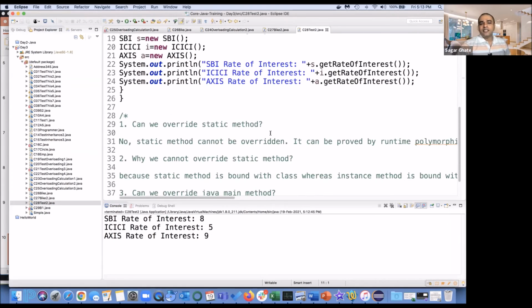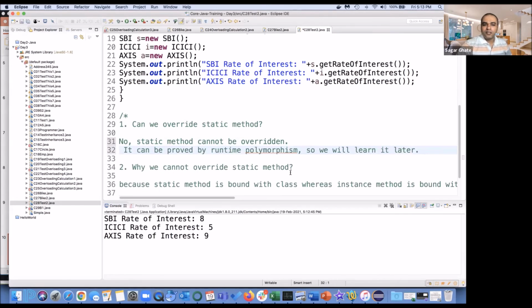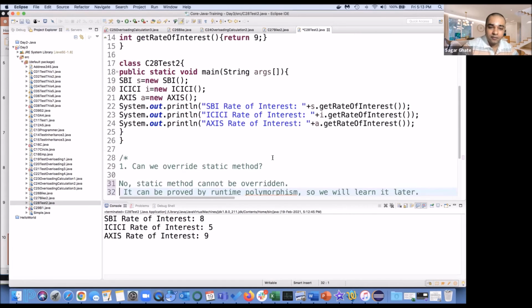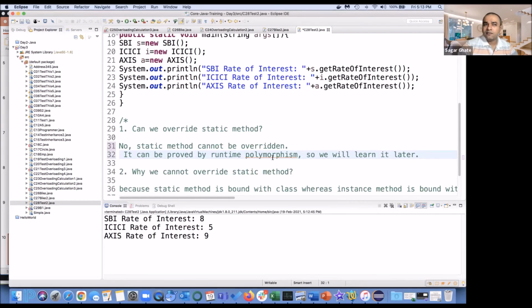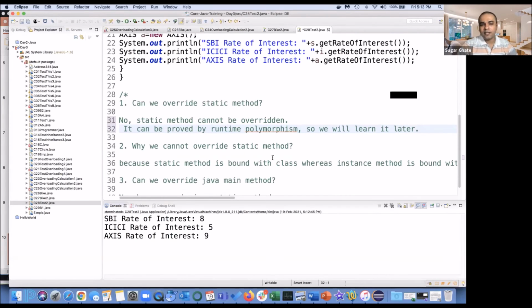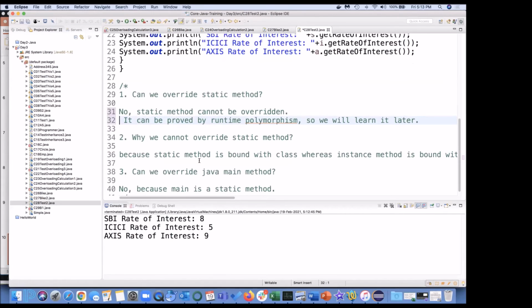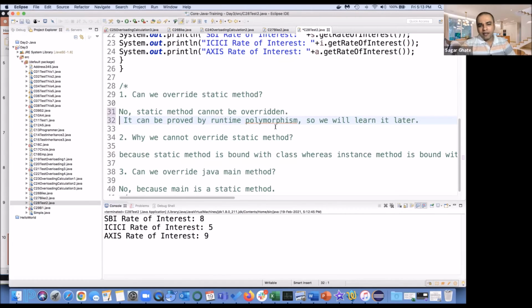So can we override static method? Your answer will always be no, because static method cannot be overridden. Why can it not be overridden? Because of the runtime polymorphism that we will be seeing later. What is runtime polymorphism? We have not learned the polymorphism concept yet. And why we cannot override the static method is,